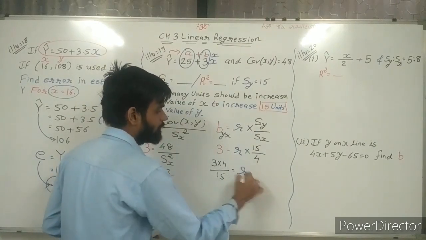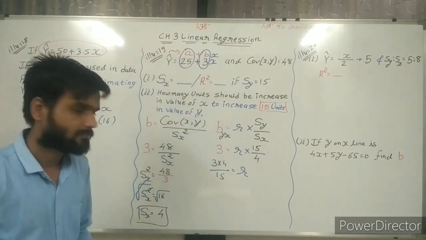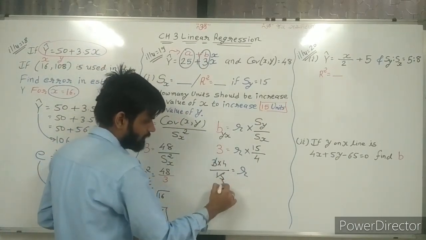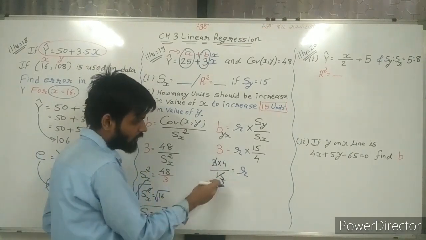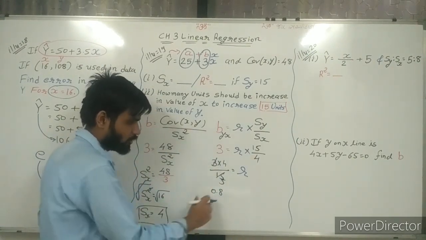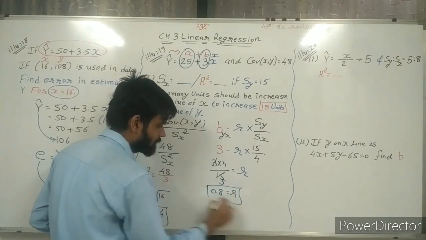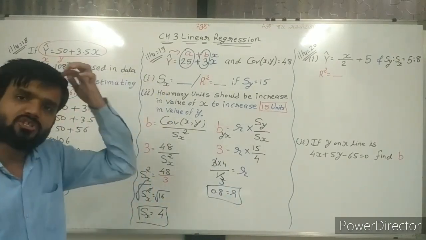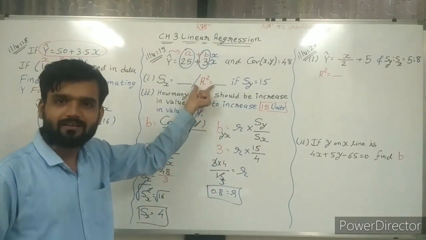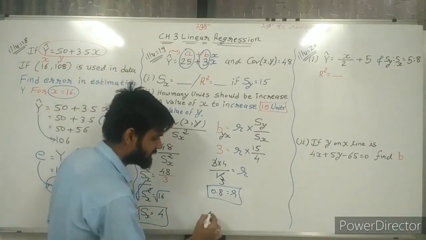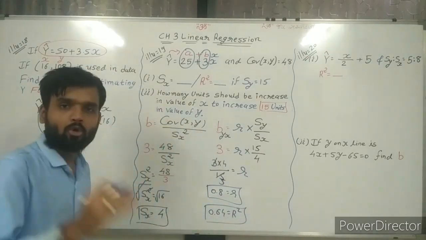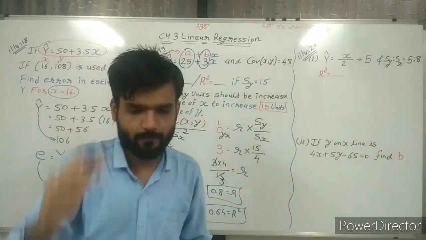We get the value of r. Now, 4 3s are 12, or you can say 5 3s are 15, so 4 divided by 5 is 0.8. 0.8 is equal to r. So my value of r is 0.8. Now make the square of this, because what we actually need is r square. So the square of this is 0.64, and this is the coefficient of determination.